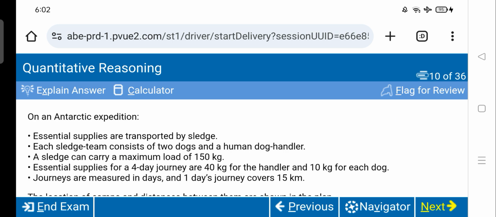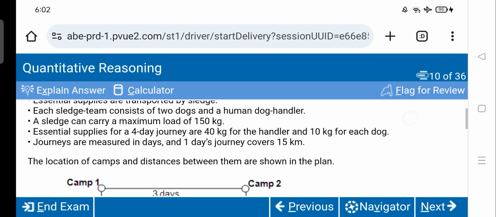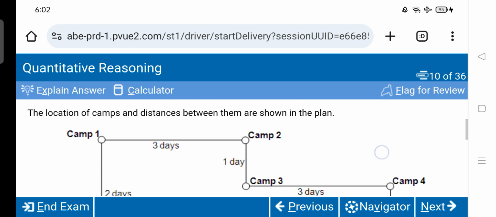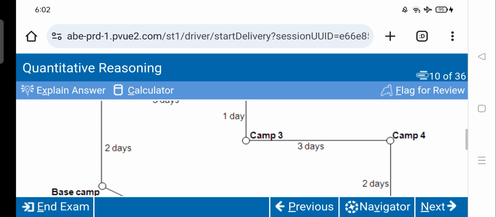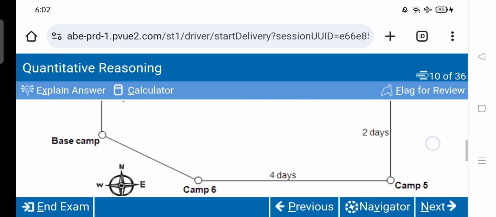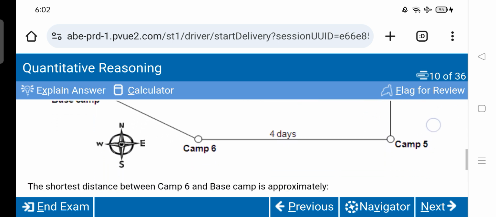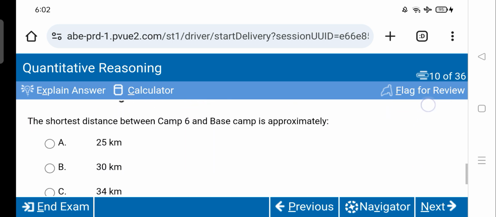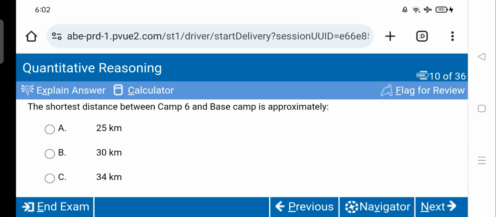Next question. Again we have the same information, as you can see here. You can take a look at this one, and then we have the same path on a distance map. You can see it like this, and the question is: the shortest distance between camp 6 and base camp is approximately